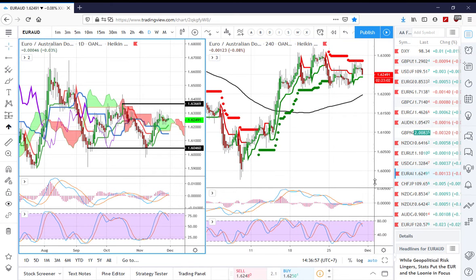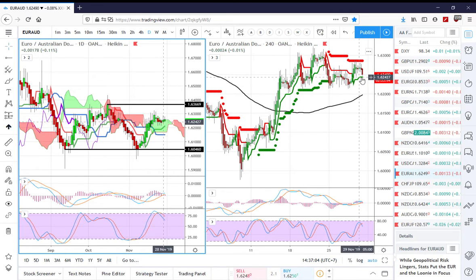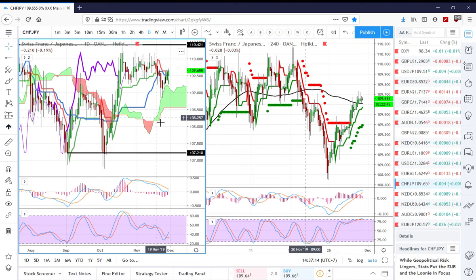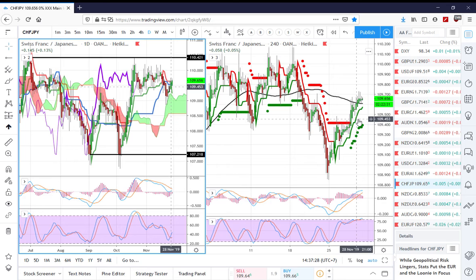Euro Aus dollar, that's another distribution. The 4 hour has turned to put in a reversal here at the moment. I'm just waiting for this to come through still. Swiss Jappy is a bit difficult to trade. I'm just watching this at the moment. I don't have any trades on this, but it's a little bit too choppy at the moment. You can trade it on the intraday, but